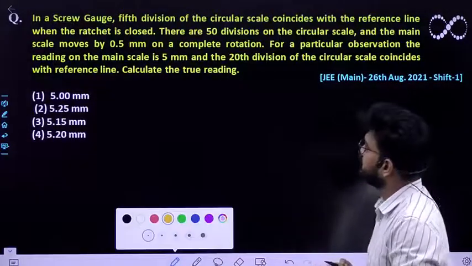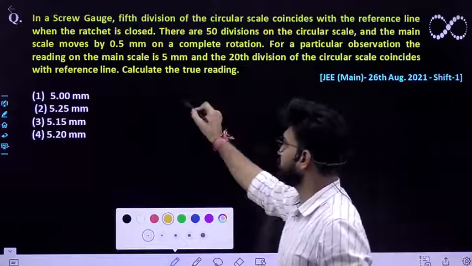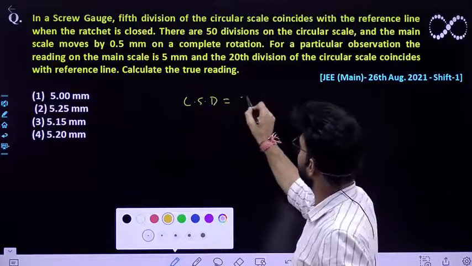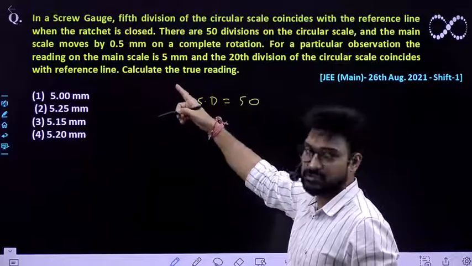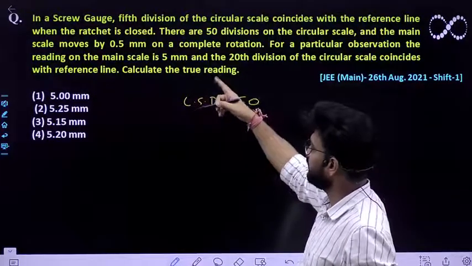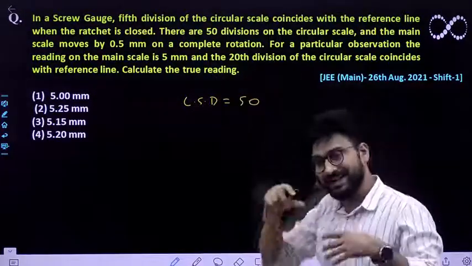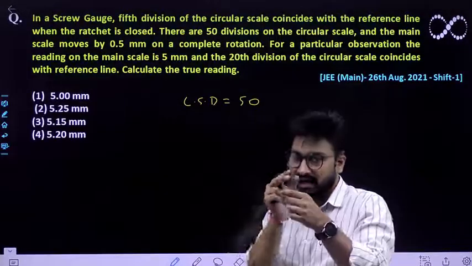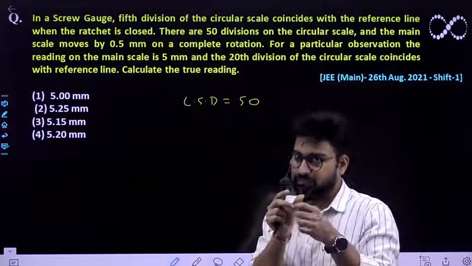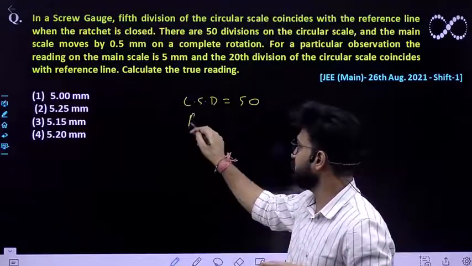Now the question says it has 50 circular scale divisions, and the main screw moves by 0.5 millimeter on a complete rotation. That is called pitch. When the circular scale rotates by 180 degree, how much the main scale has moved is called pitch, and so the pitch is given to you as